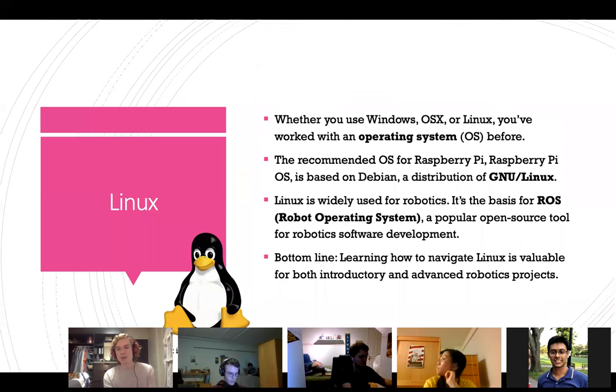As for what an operating system is, you've probably worked with one in the past if you've used Mac or Windows. The operating system that comes with Raspberry Pi is Raspberry Pi OS. It's based on Debian, which is a distribution of Linux. Really, Linux is just an open source operating system that's pretty popular in academia and robotics because it's secure, pretty quick, and you can